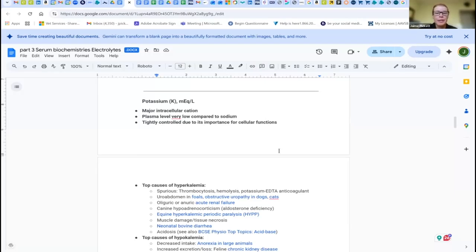An increase in potassium, or hyperkalemia, can happen in hemolysis, thrombocytosis, or using the wrong tube. But true hyperkalemia makes me think of urinary obstruction, uroabdomen, so you have urine inside the abdomen, acute renal failure,